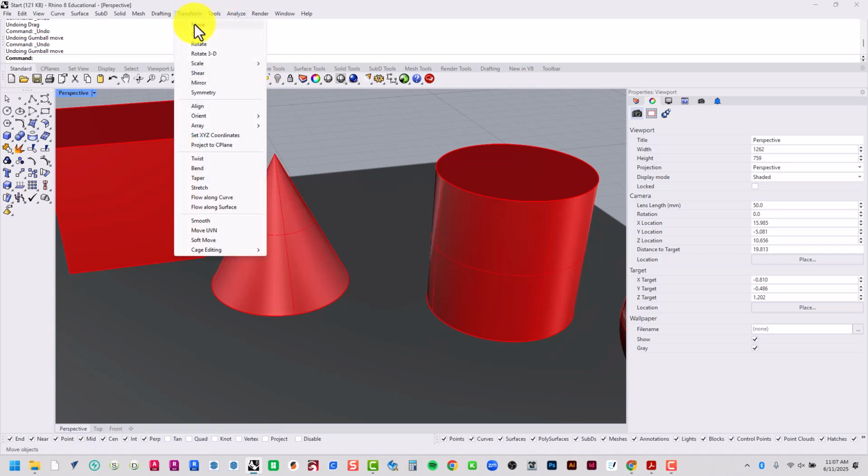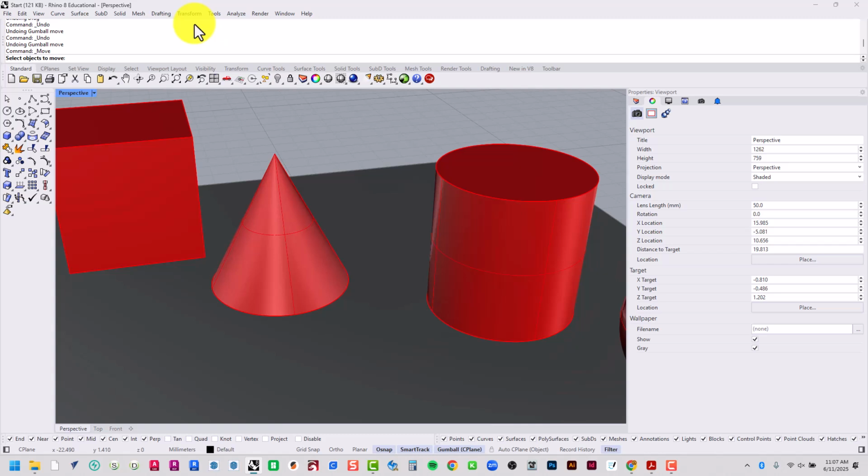Or if you look here in the command line, it says move. That's the actual command. So if I hit escape 2 times, I'm going to type in move and hit enter. That will also initiate the move command. Okay. I want you guys to get used to using commands instead of finding their icons or drop-down menus. So we're going to do move. In the command line,